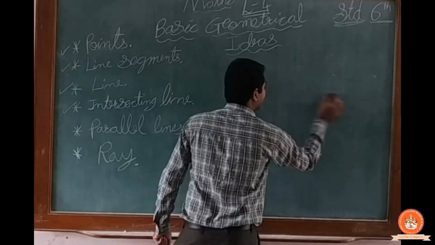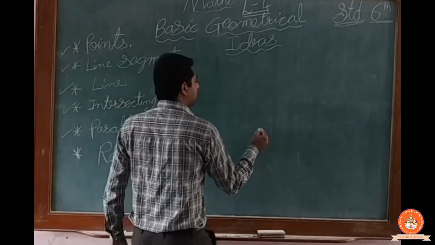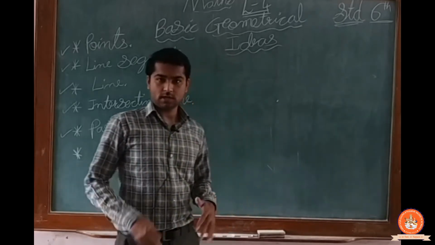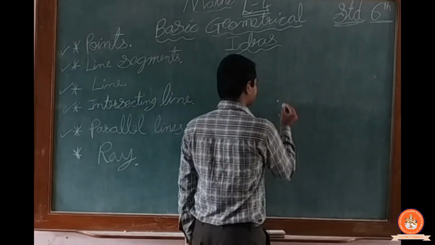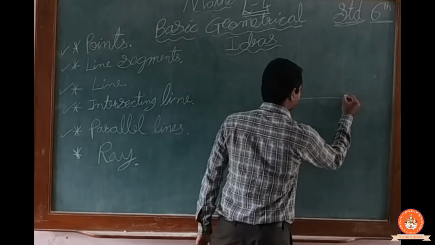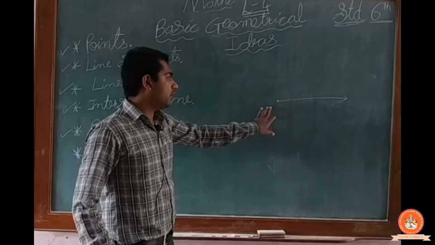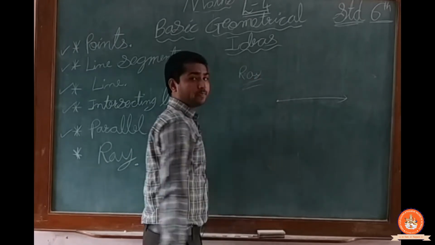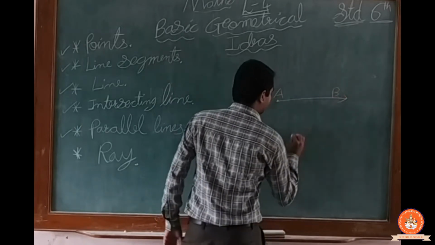Now moving on, ray. So what is ray? Ray किसको बोलेंगे हम? So ray, it is the combination of line segment and line. I can also say that it is a combination of line and line segment, because in line segment we have a point, okay, and in line we have an arrow. So a ray is known as, this is my ray, okay. If I want to give the name to this, I will say that AB